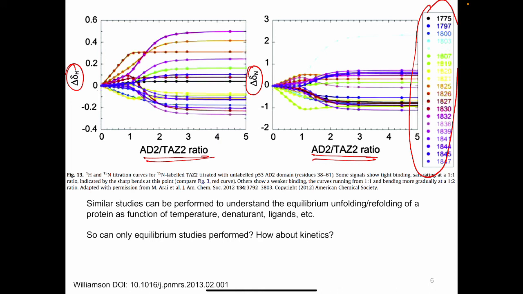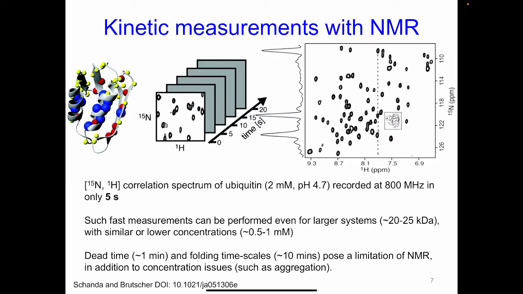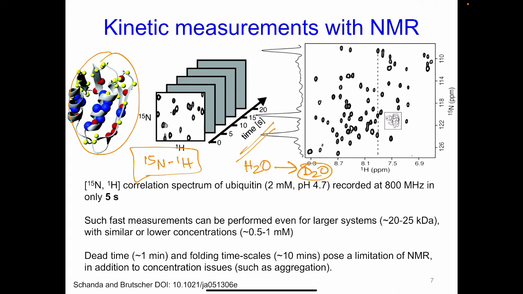So far, the examples that have been illustrated here are all equilibrium studies. So what about kinetic experiments? This is an example, once again, of the protein ubiquitin for which the 15N 1H correlation spectrum was obtained as a function of time when the sample was changed from an H2O-rich to a D2O-rich solution. The whole idea behind this is that the NH will get exchanged to ND, and therefore will cause the loss